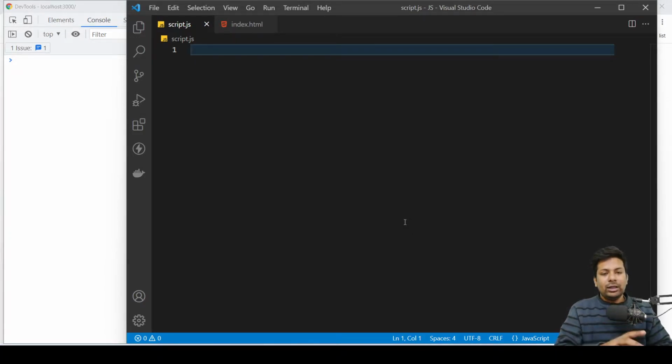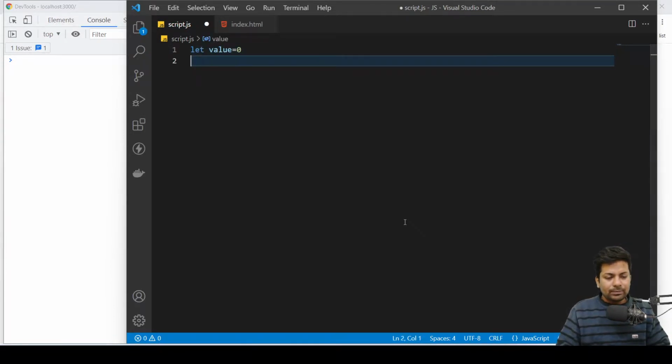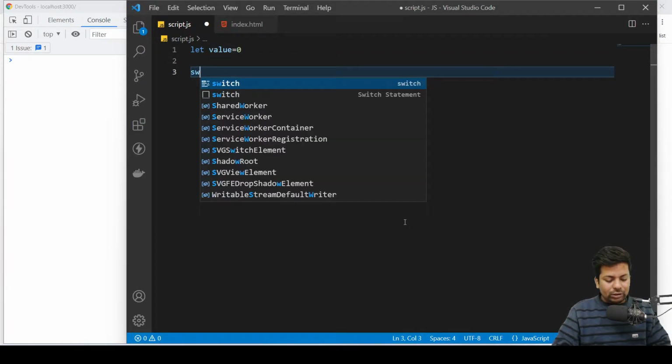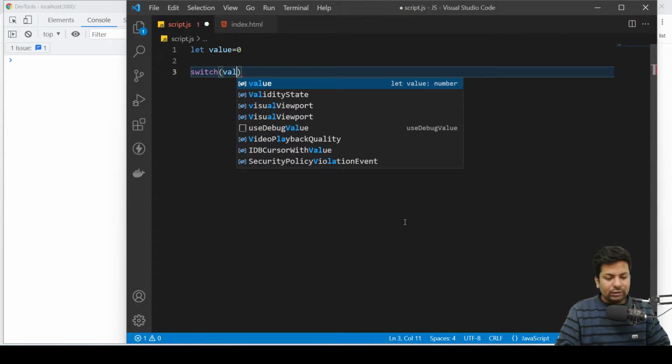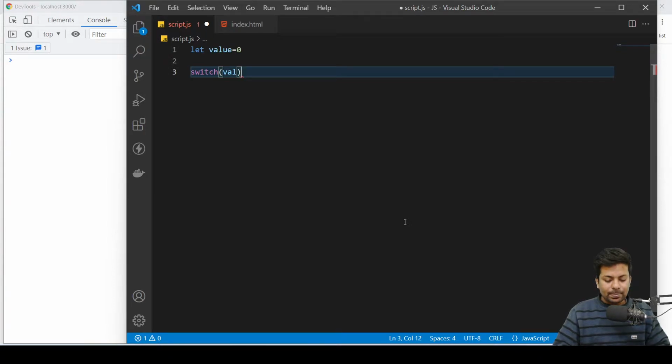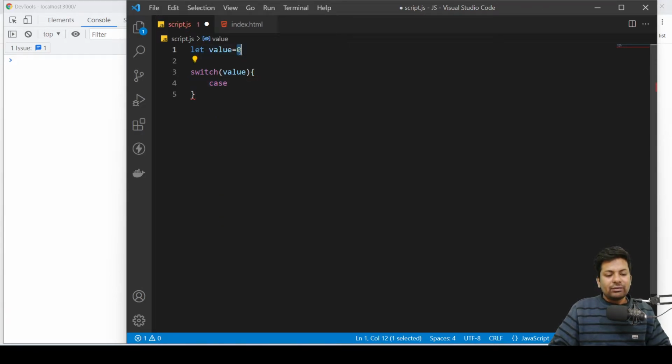So let's just see. Suppose you have a value which is 0 or whatever, then here we say switch value. So whatever value you are sending, we'll take it here. This doesn't need to be val, you can take any variable name. Whatever you are taking, just write it inside. Then here we'll say case. If case, we want to check if this equals 0. If this equals 0, we will do like this.